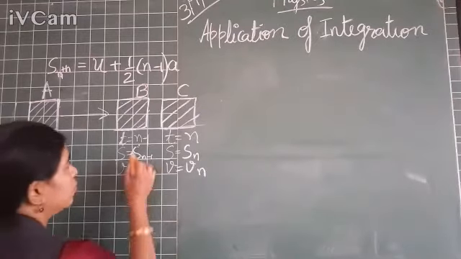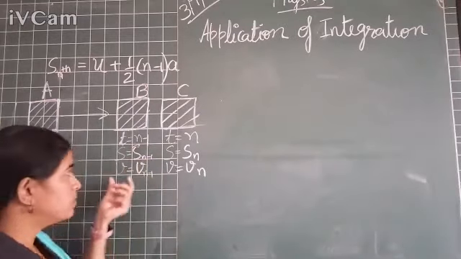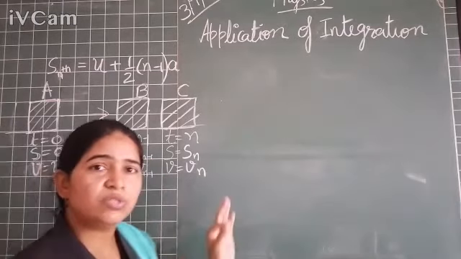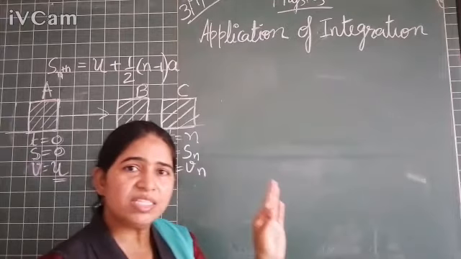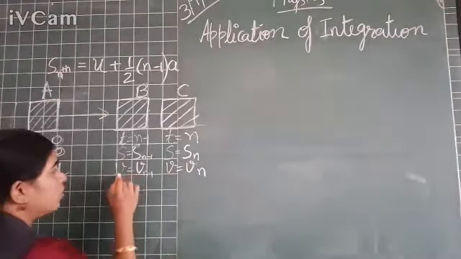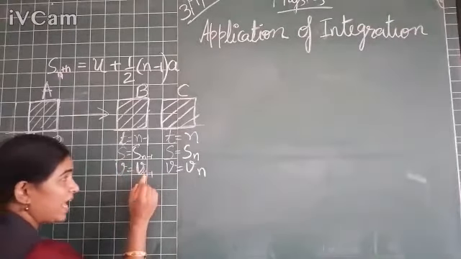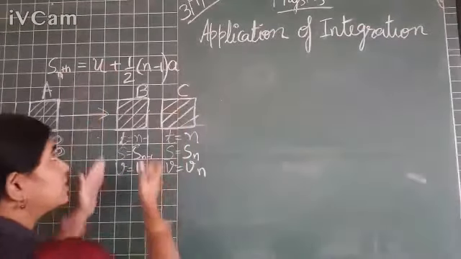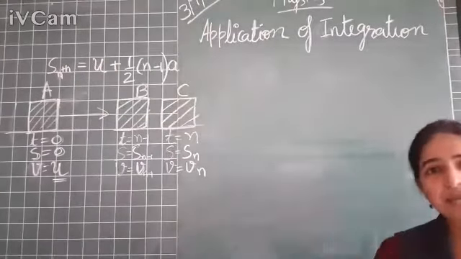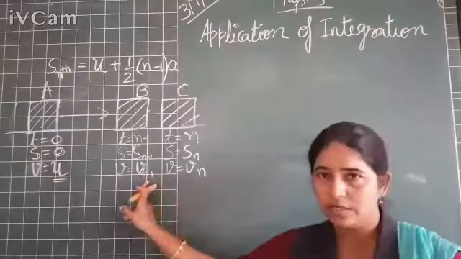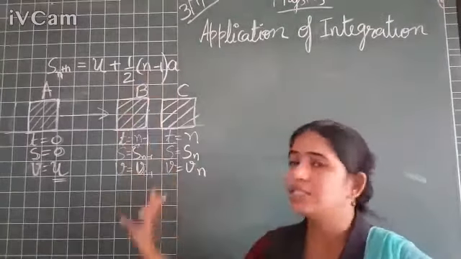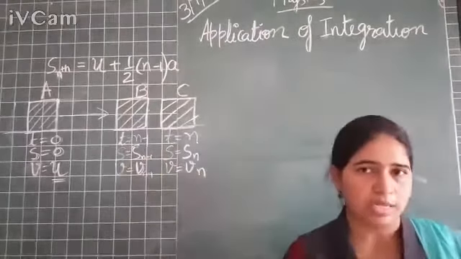Right, children? And the displacement S is S n minus 1, because this is 1 second before the journey is going to be over, right, children? And the velocity is V n minus 1. So B is the situation for n minus 1 second, right? If the total time given to you is 20 seconds, then this is the case for the 19th second, right?